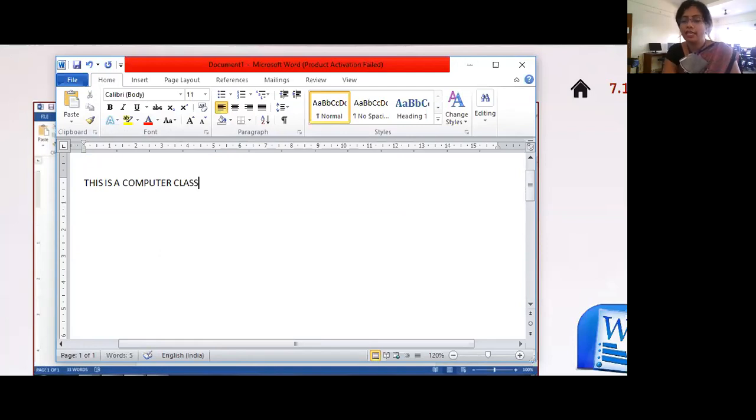Now I don't want to write anything more in this line. It's not coming down automatically because the line has not finished, so it's not word wrapping. I want to bring the cursor to the next line, so I press the Enter key. Once I press Enter, see, my cursor has come to the next line. I'll write, I am Premlata.